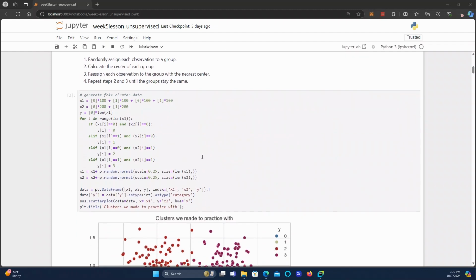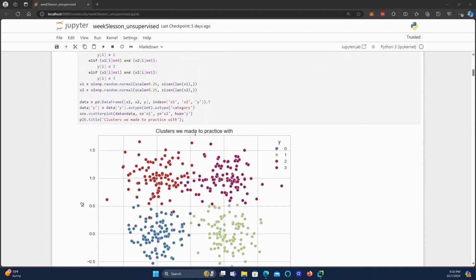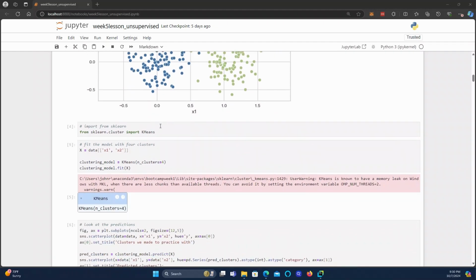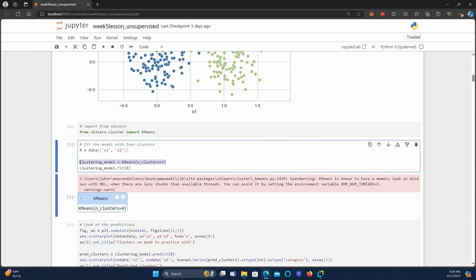All right, so I have generated some fake cluster data. This is fake. You can see that there are 4 clusters that I made here. There's a little overlap between the fake clusters. Now let's do some k-means. From sklearn.cluster, import KMeans. Then we're going to fit it with 4 clusters: n_clusters equals 4. Fit it on just X. There's no y here,